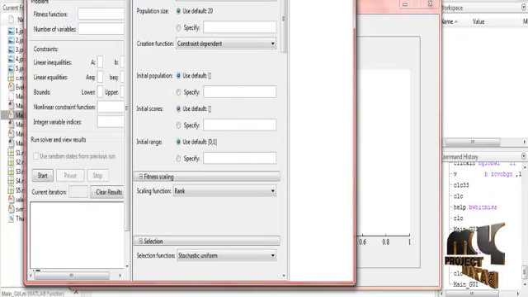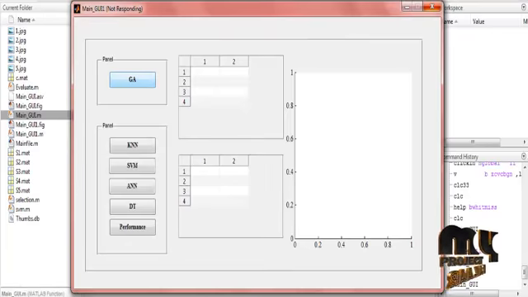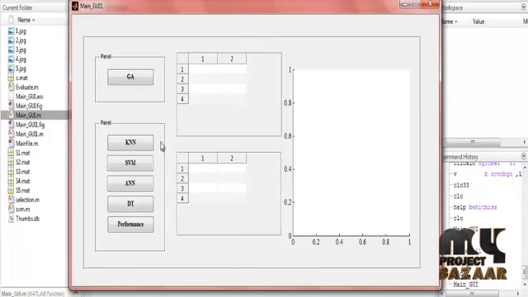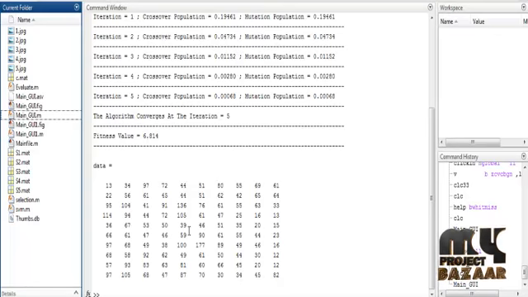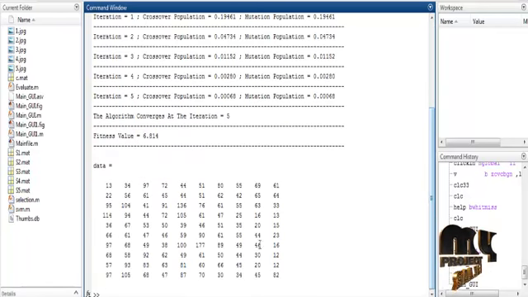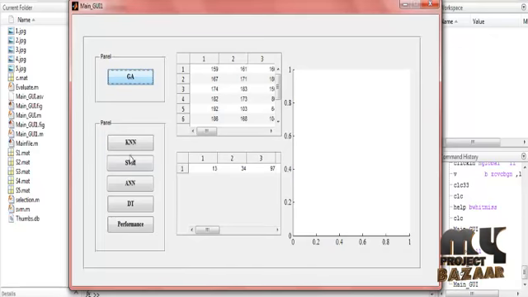Yeah, so this is the optimization tool for the genetic algorithm, and the values are also displayed for the genetic algorithm process. And then there are different types of data mining techniques: KNN, SVM, ANN. These are all the general algorithm values. These are shown in the command window. Next I will take the KNN, SVM, ANN and decision tree performance.